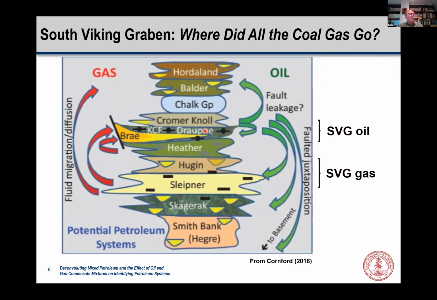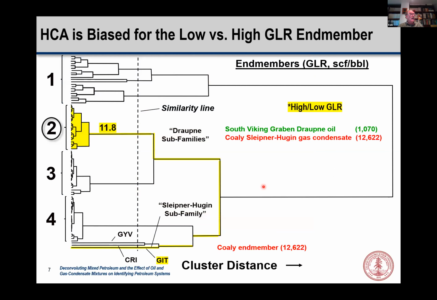So this is SVG oil, this is SVG gas, and there now is our cluster diagram. We have two subfamilies. Here's our similarity line. We've got the ones that look like dropney. We're going to call those dropney oils, aren't we? If we just use standard traditional